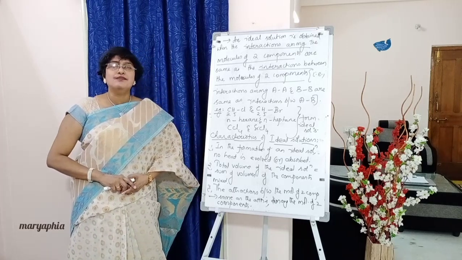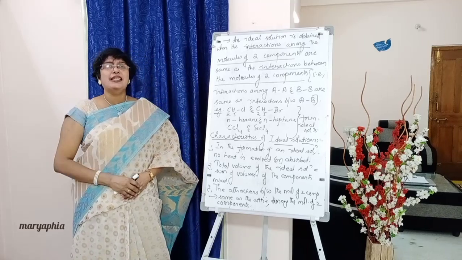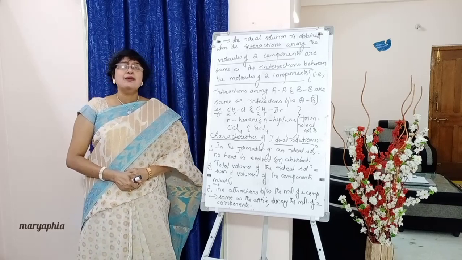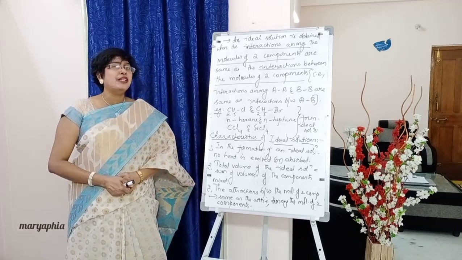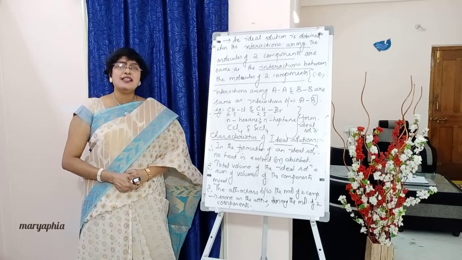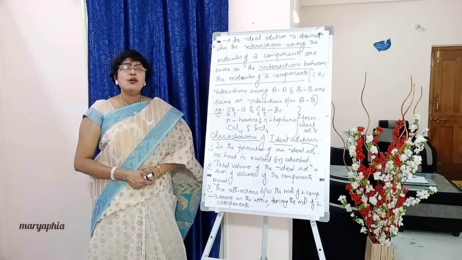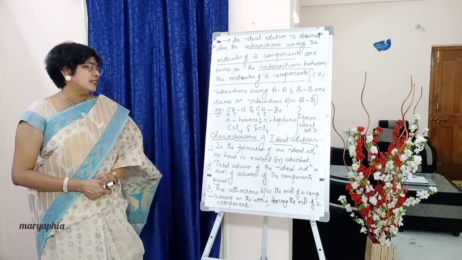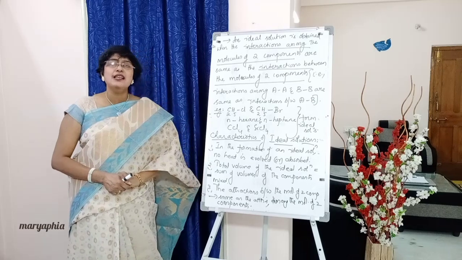Number one. So students, when two components are forming an ideal solution, for example C2H5Cl and C2H5Br, and we are trying to mix them to form an ideal solution, then there will be no evolution or absorption of heat. That is the first point under characteristics of ideal solutions: in the formation of an ideal solution, no heat is evolved or absorbed. No heat is evolved or absorbed during the formation of an ideal solution.